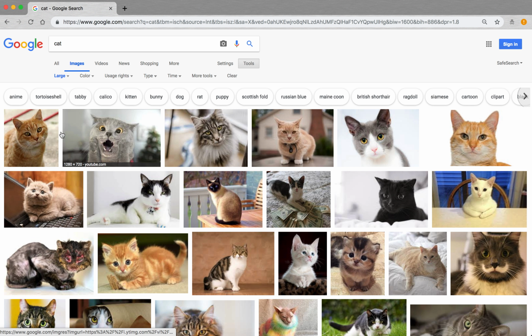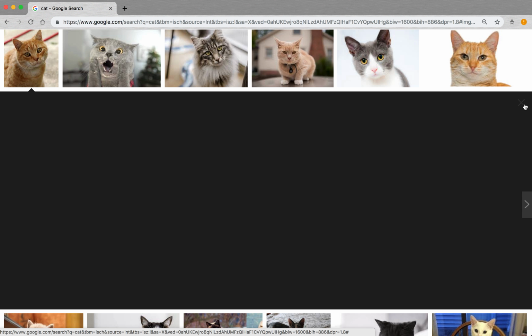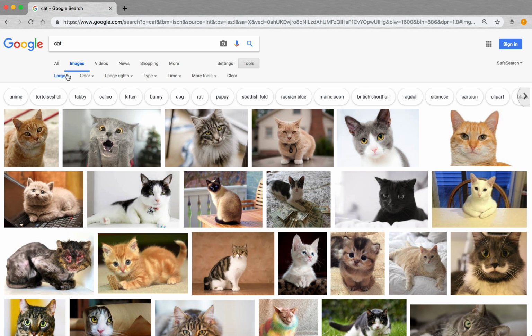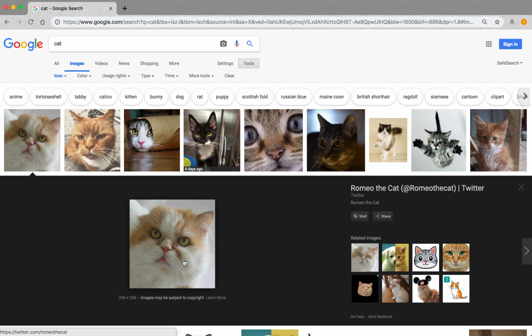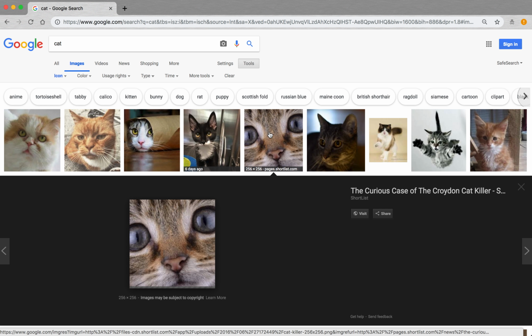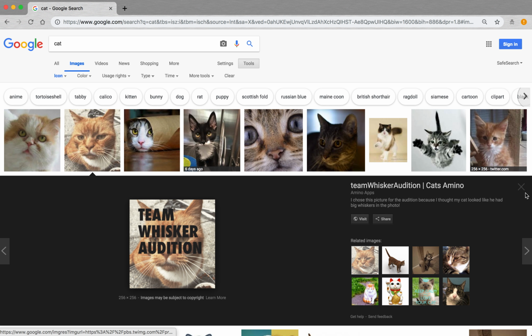These are all large images, which means they're big. This is 1200 by 1199. That's basically the size of this whole screen. So it's got good definition and can be blown up. But if I go over here to small, like an icon-sized image, these are tiny images. These are 256. So they're much smaller. They're like 50th the size.